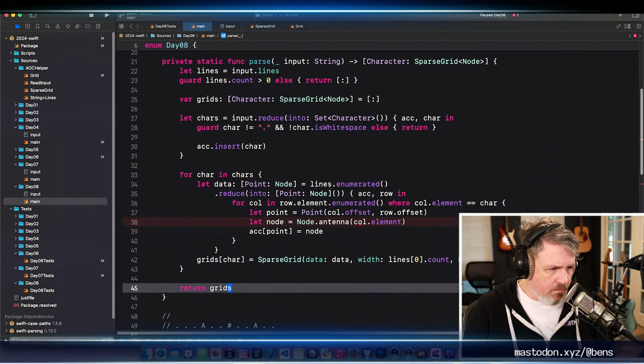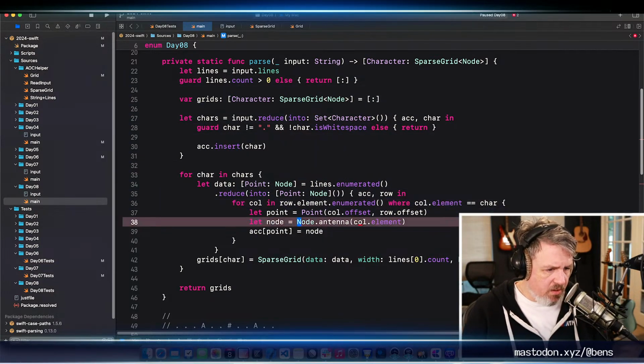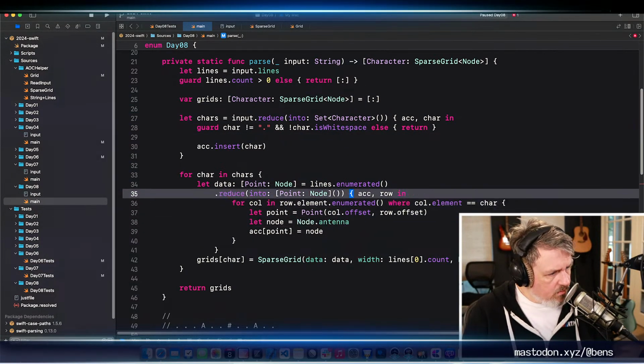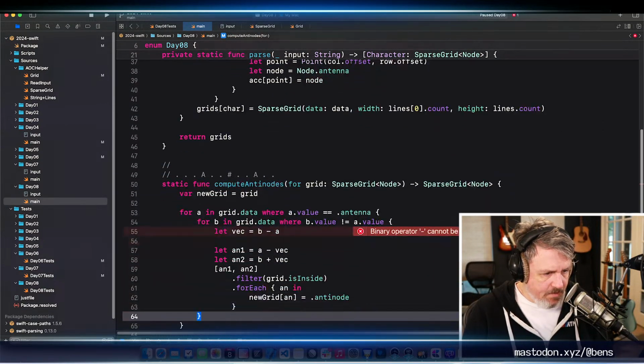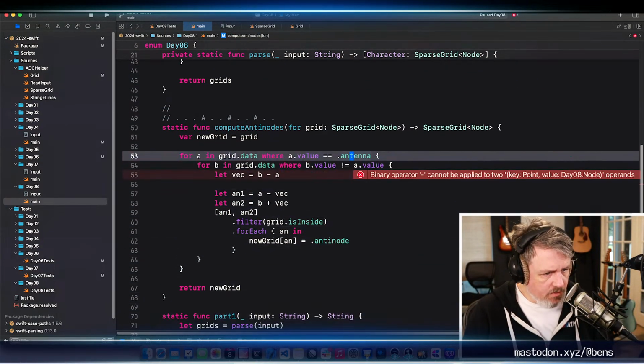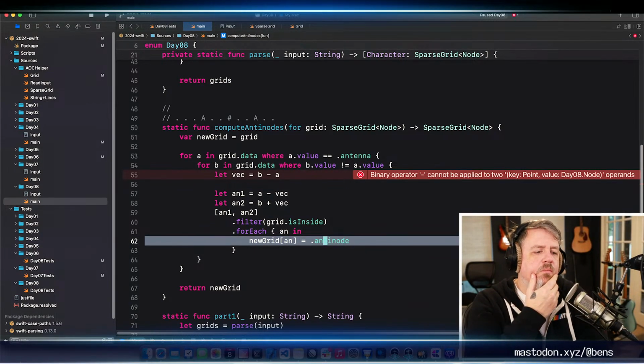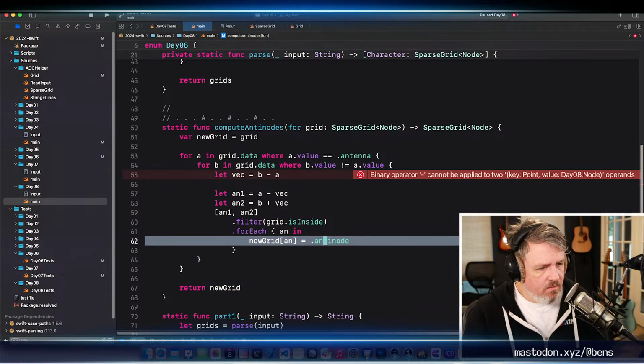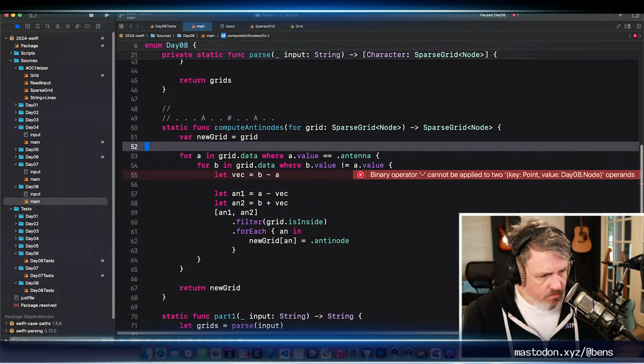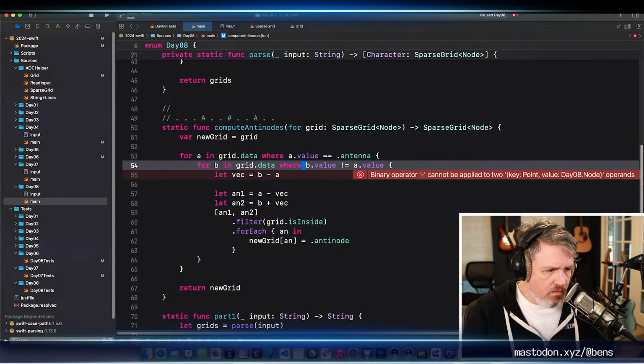I don't have the character because I'm immediately splitting it into multiple grids, so I don't actually need that. So grid.data where a.value. Oh, but no, I'm only mutating a new grid every time. So I don't think this actually helps me.